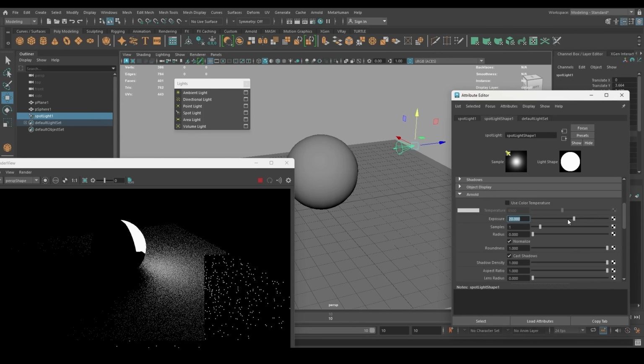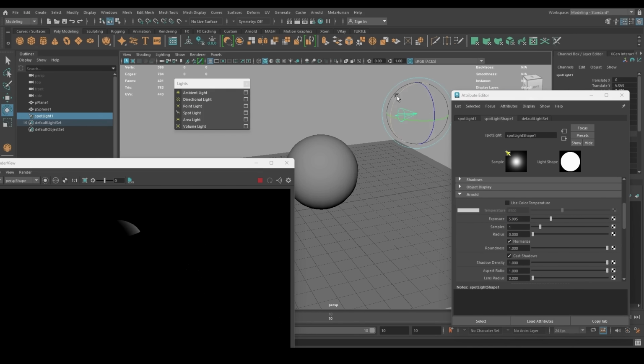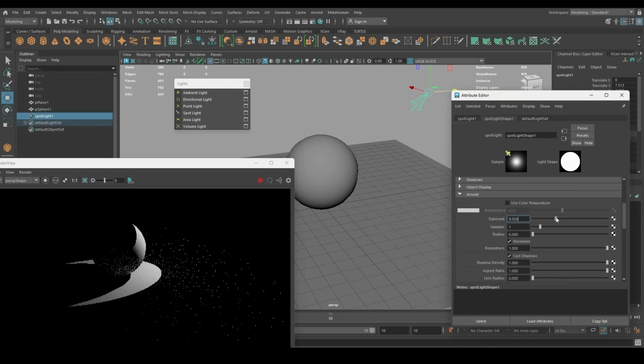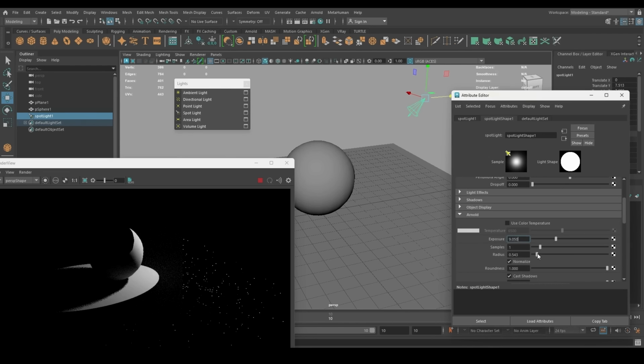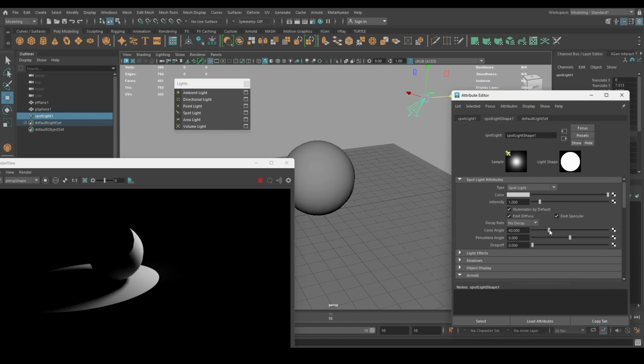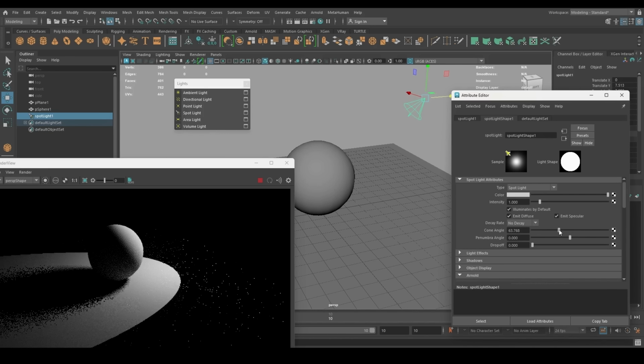And this is the spotlight. This is also a very important light. So spotlight is something like the name says, spot. It's going to behave like a spotlight as well. Now if you can see in the renders how nicely it's giving some cone angle, some radius, some penumbra angle. So this will help you to increase the